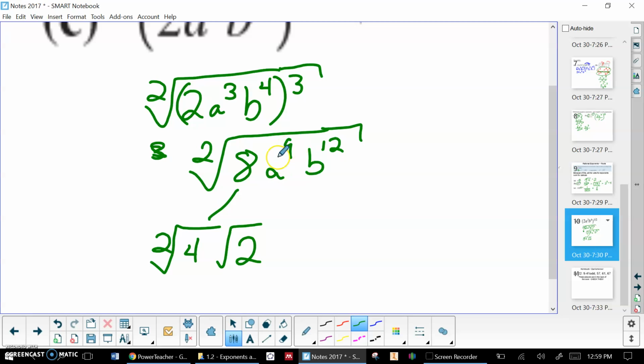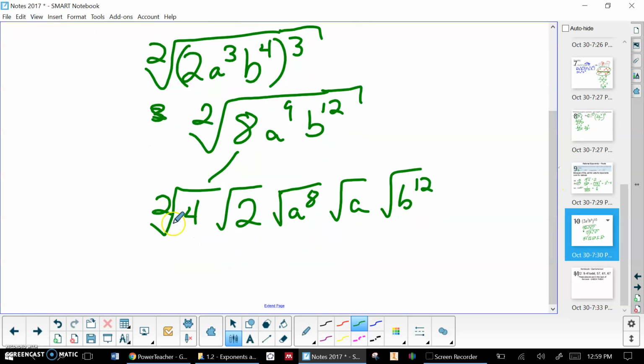Now a to the 9th is not a perfect square, but a to the 8th is. The square root of a to the 8th would just be a to the 4th. And then I have another square root of a just chilling out. B to the 12th is a perfect square, and so I can leave it like that, which finally lets me just go ahead and take the square roots of the things I know. So I'd have 2, a to the 4th, b to the 12th,